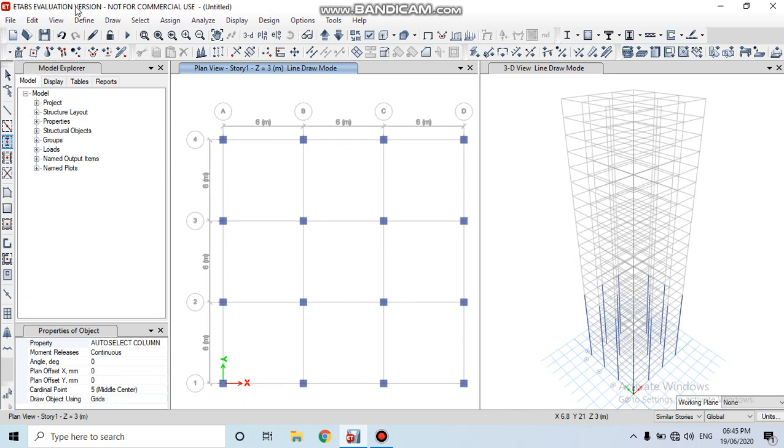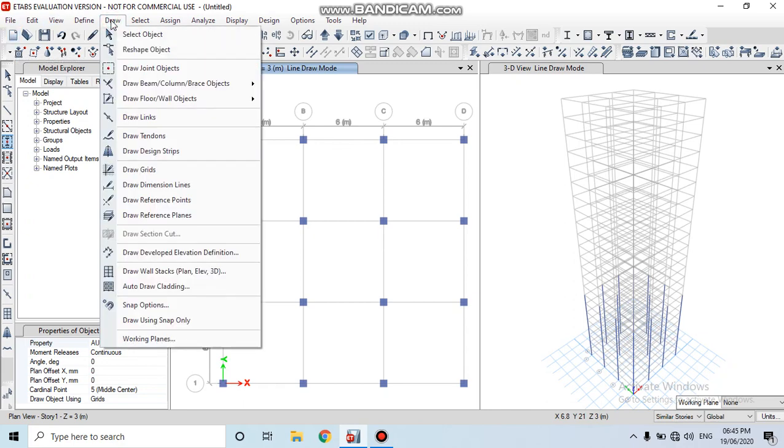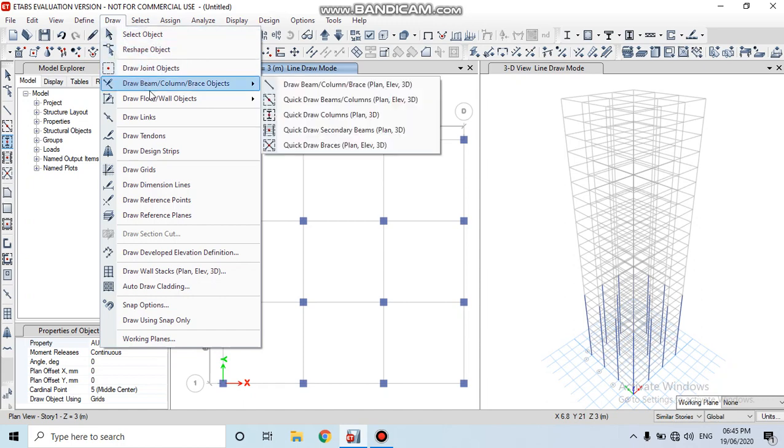Select the draw menu. In this draw menu, click on draw beam columns. In this, we have to select the quick draw of beams columns.